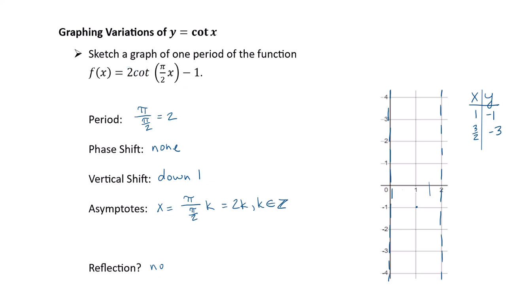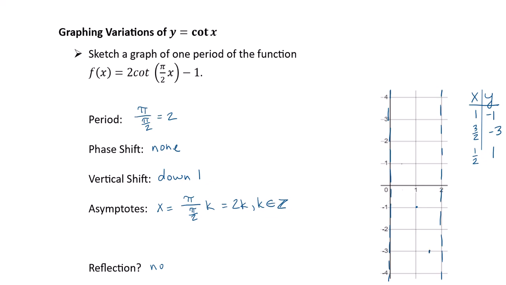And let's try somewhere over here, a half. For 1/2, putting that in for x here, we get pi over 4. The cotangent of pi over 4 is 1. 2 times 1 is 2, minus 1 is 1. So we have some points to kind of give us the shape of this curve. 3/2, negative 3,